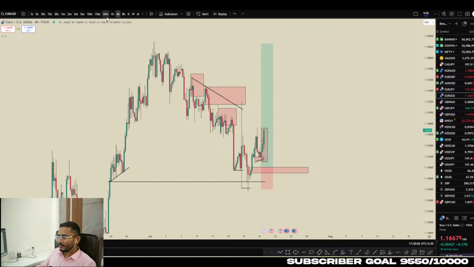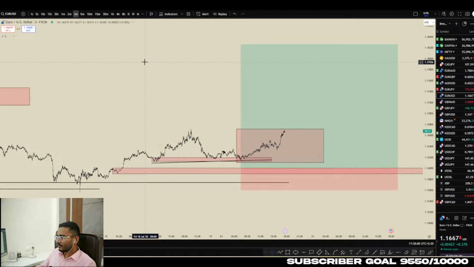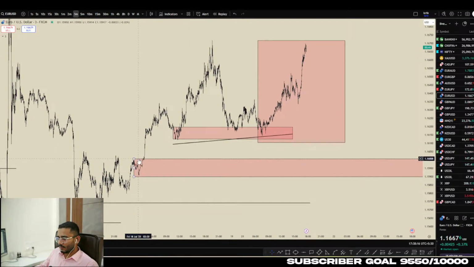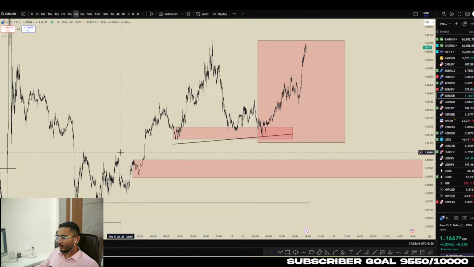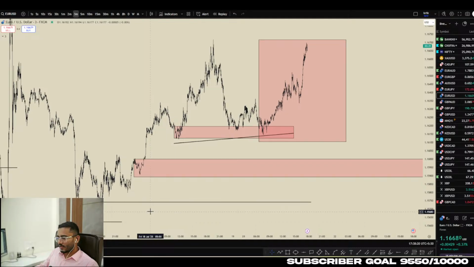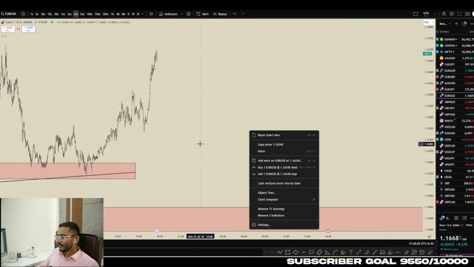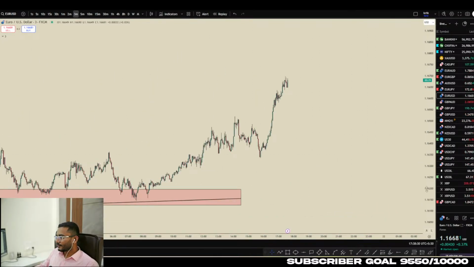So here on the 5 minute, we know right now price is going to the upside. So in future it will tap this area or this area. That's why I like to keep my stop loss so that it covers at least 2-3 order blocks on the lower time frame, because no one knows which order block will be exactly tapped, right? So here